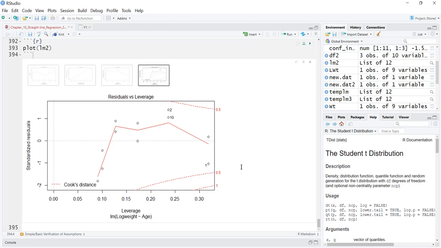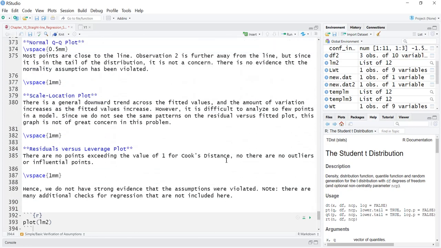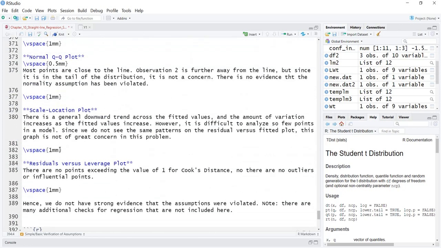Why? Because that makes that point really important. It by itself will shift the regression line significantly, and we don't like points that do that. Luckily, this model doesn't have any. So I've written up the